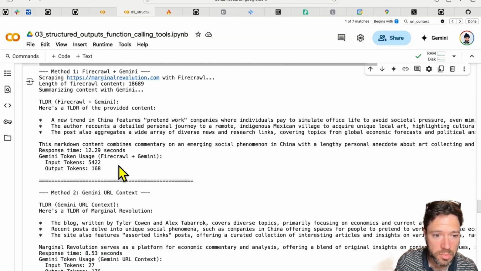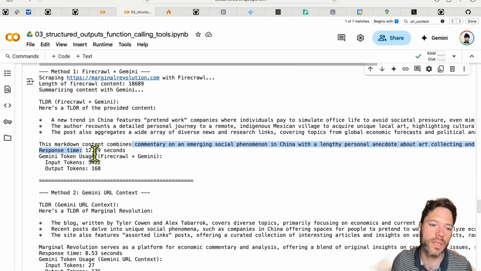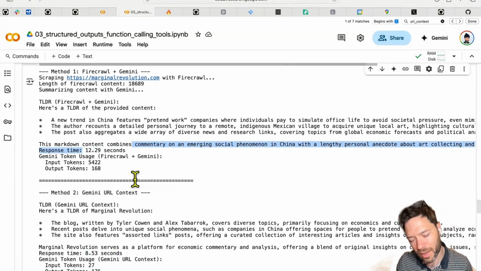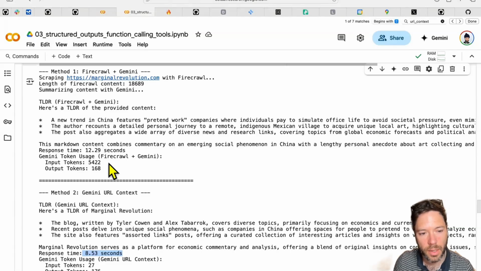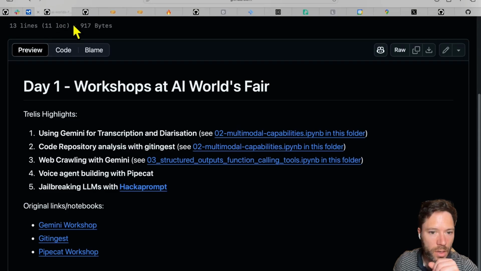By the way, I wouldn't put too much weight in this one example here, because it will depend on the length of the websites. So there'll be different factors. Perhaps the conclusion here is that they're in ballpark the same time. Maybe though the Google is a bit faster when you do it in one shot. All right, so that was web crawling with Gemini.